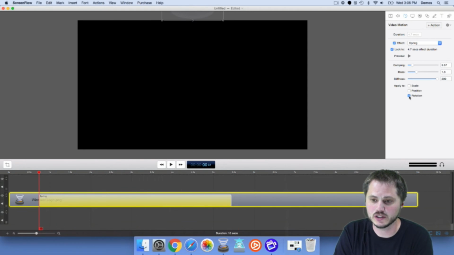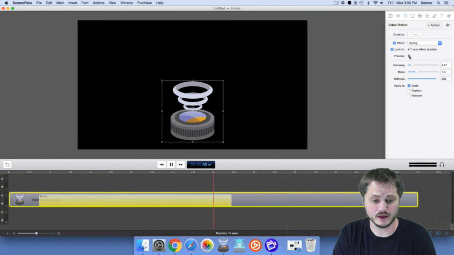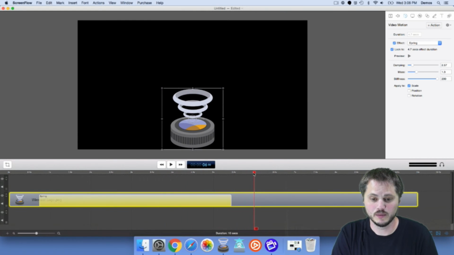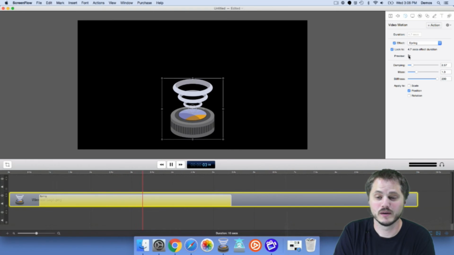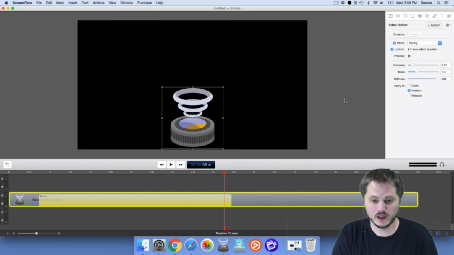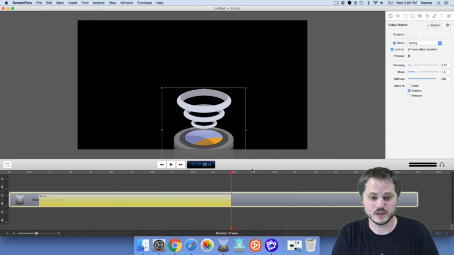And what if we just do scale? So scale doesn't do really anything because that property hasn't been animated. It looks like position in this case is the only property that we've animated. If we were to change not only the position but change the scale of the object,